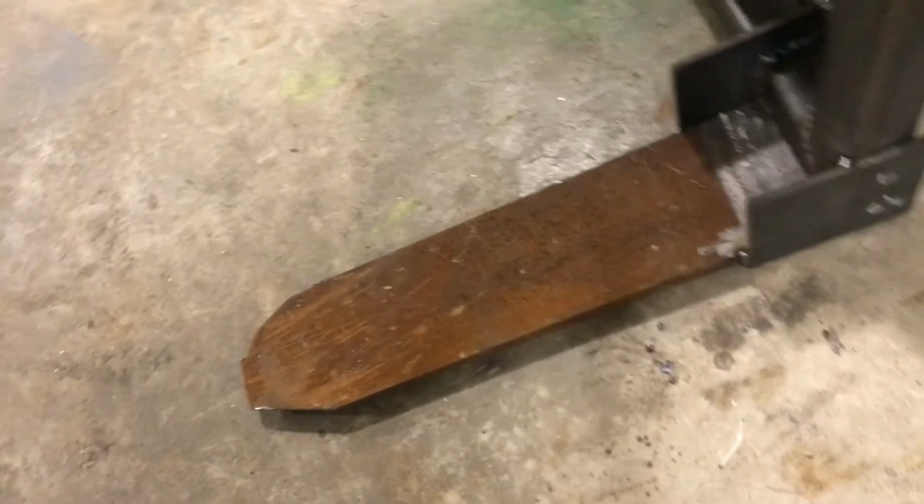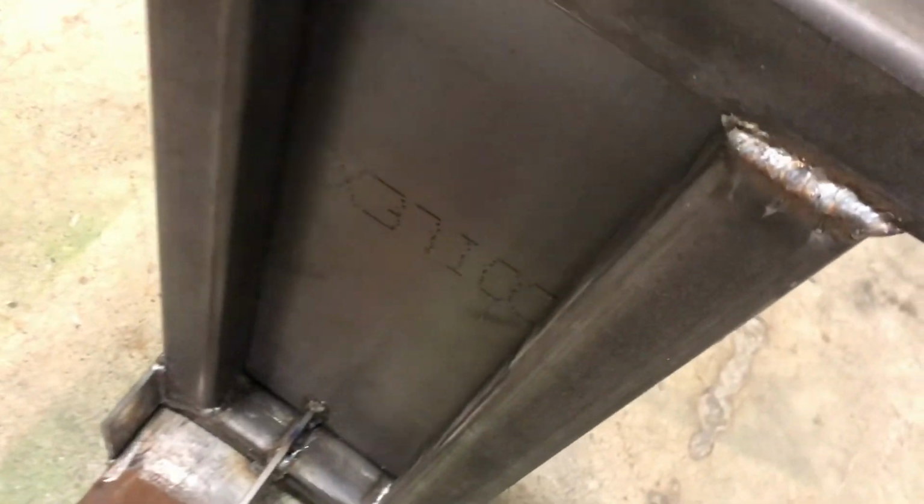I just got to cut the gussets here at an angle, but as you can see, I'm not a professional welder. This is only for my personal use. It's not going to be certified in any way, shape, or form, but